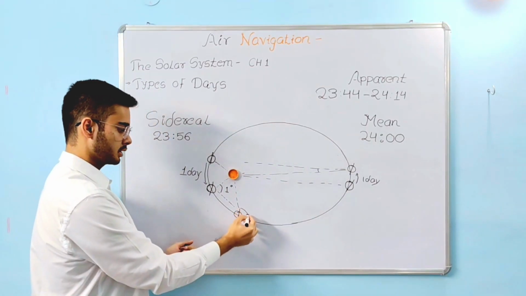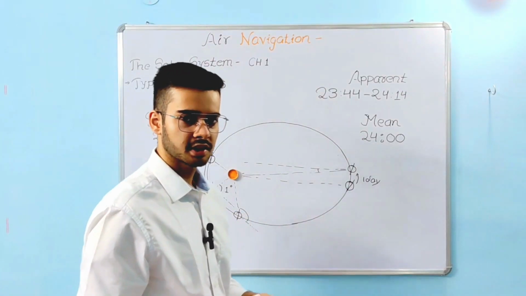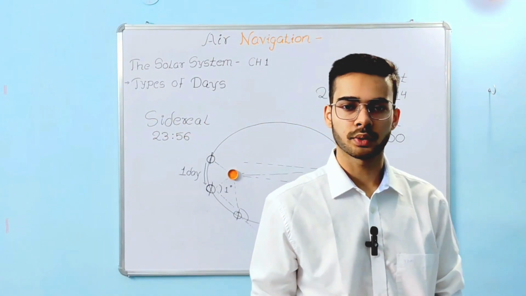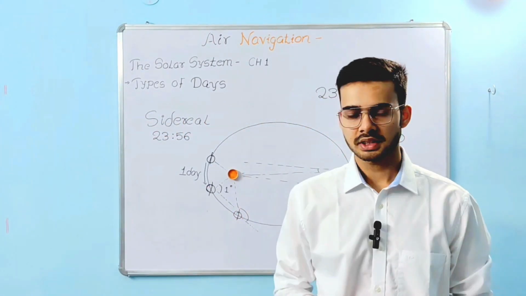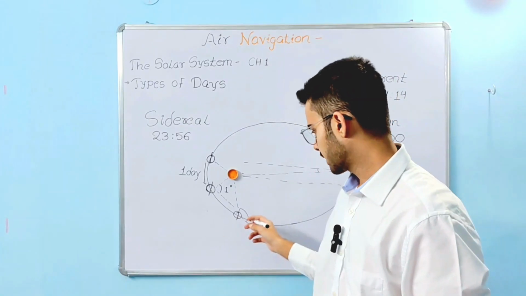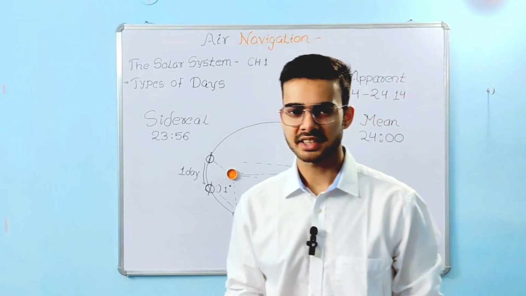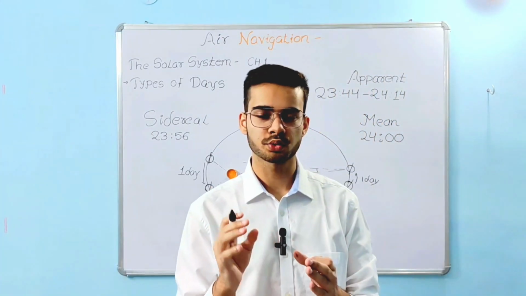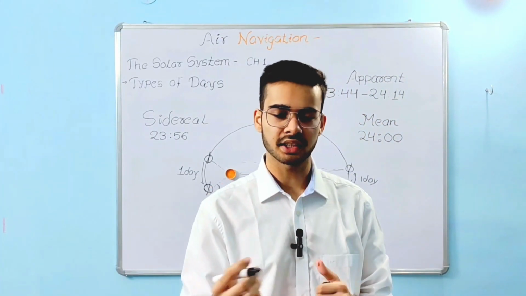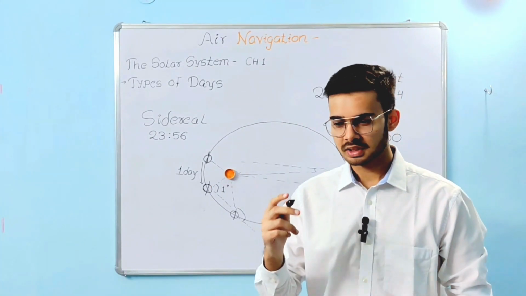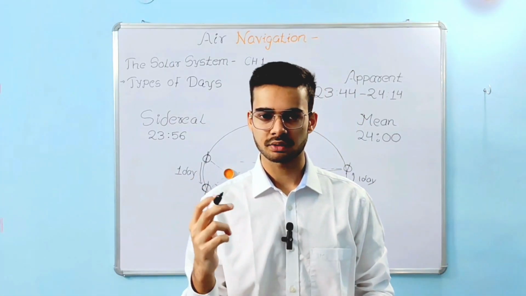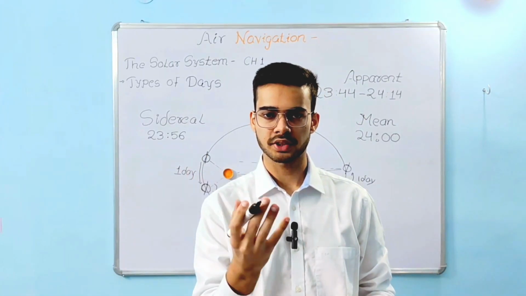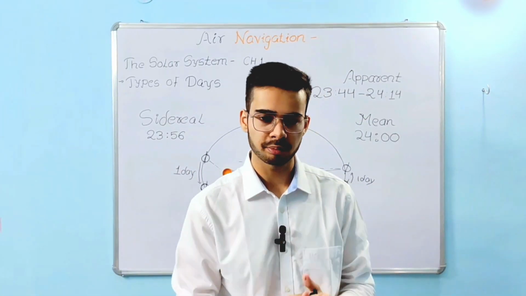And similarly, a bit more of extra rotation will again be required to reach towards the sun. It's again a bit too exaggerated, do not think it's like 45 degrees. It's very close to 1 degree, half a degree, like that. So what happens every day when this happens, when the extra rotation of 30 seconds is required compared to the mean